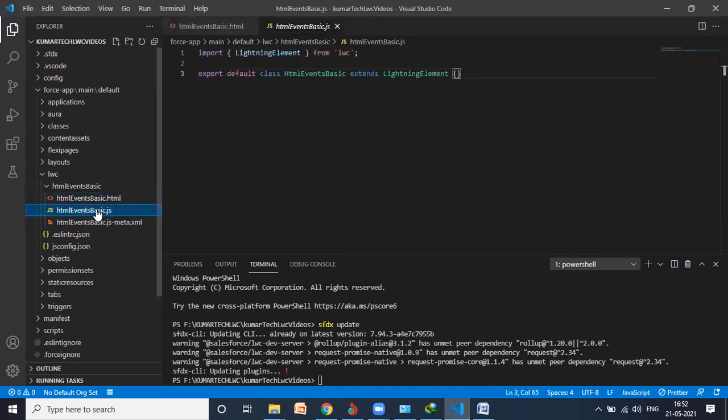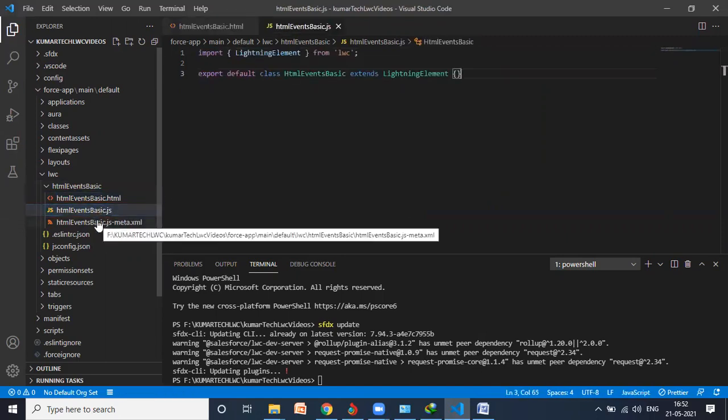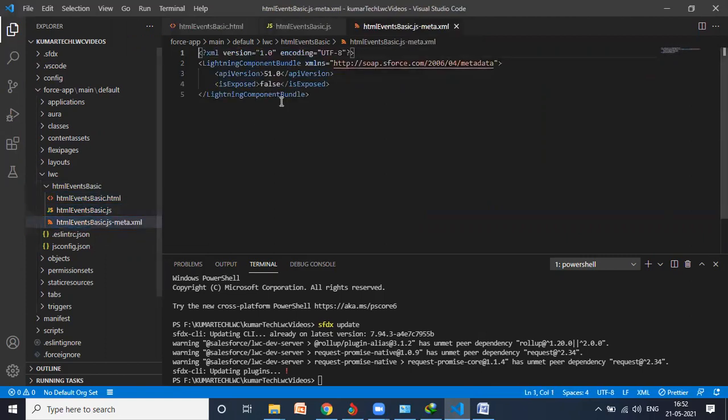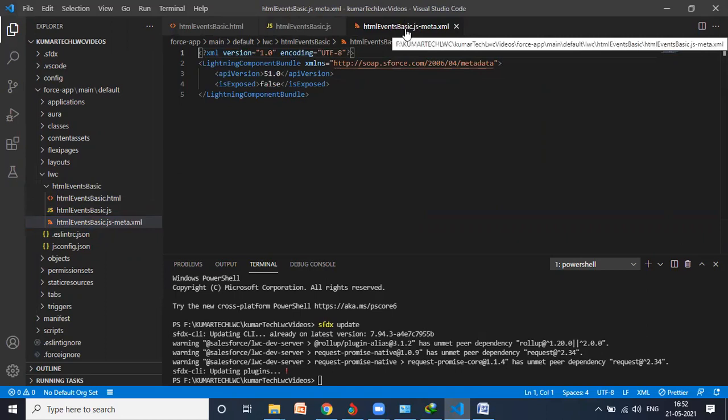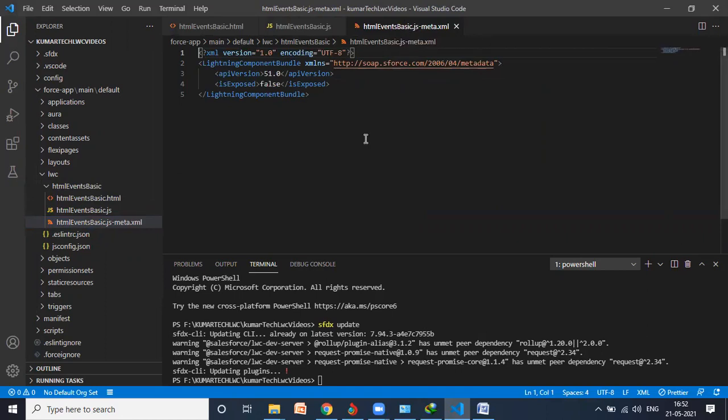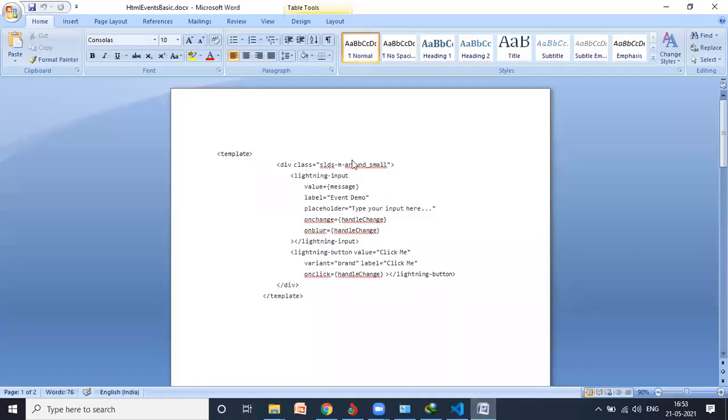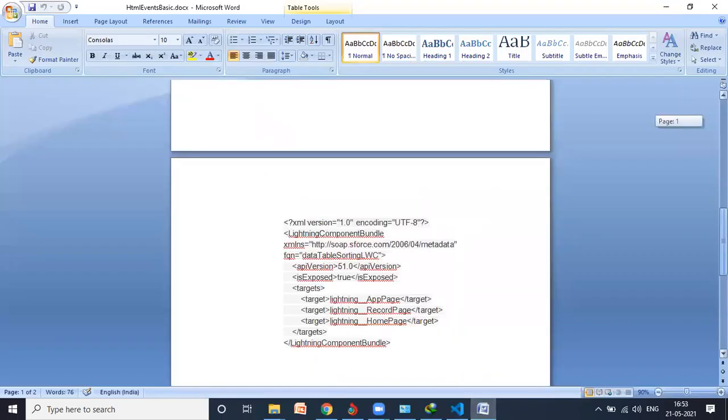This is the HTML, this is the JavaScript, and this is our XML file. Now I will show you step by step the process. I'm going to write here and deploy this in my org.